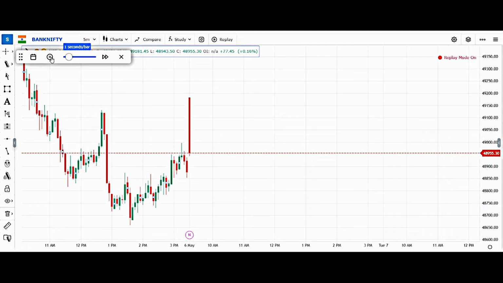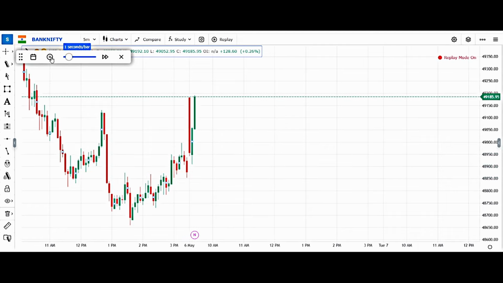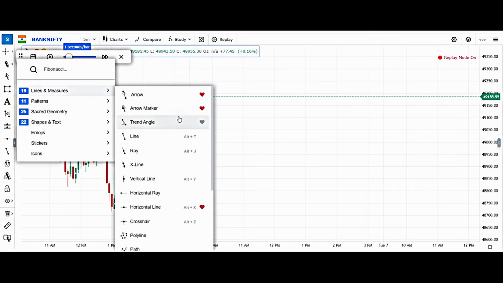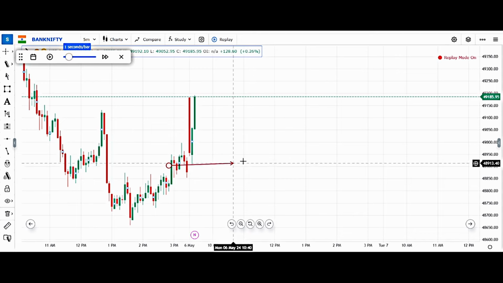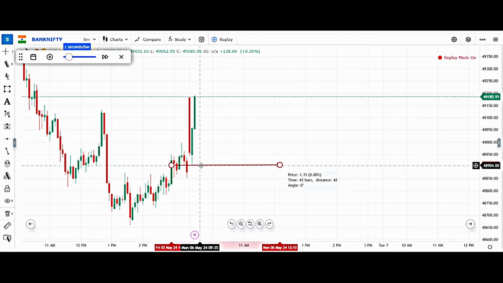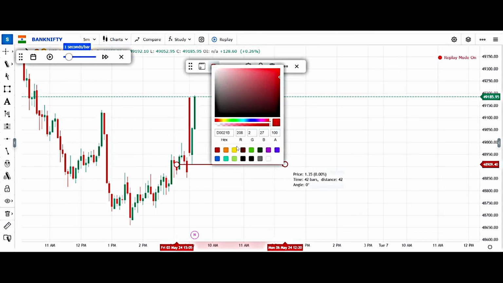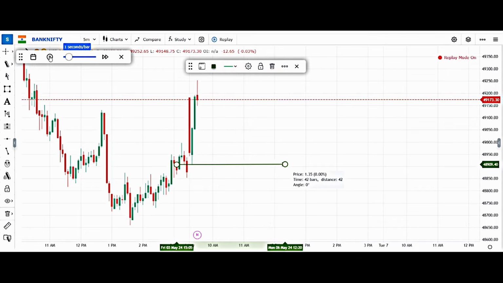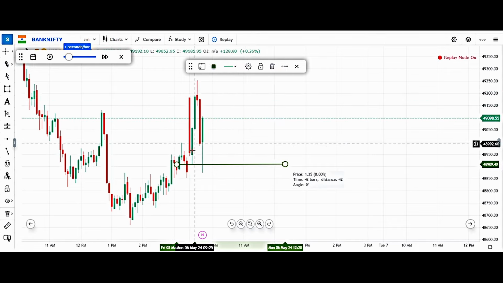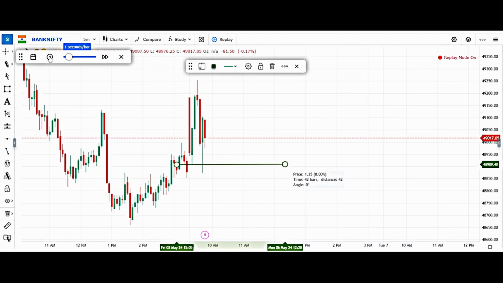So let's say the first candle was made red, the second candle was made green, and the third candle was made green. So we will take the arrow and we will make this a support. We will move it up a little bit and change the color to green. Okay, it did test here, it did not close below this. You need to understand this. We are currently back testing it. The market is not always ideal. There is a wick formation made here, so let's see how it goes further.